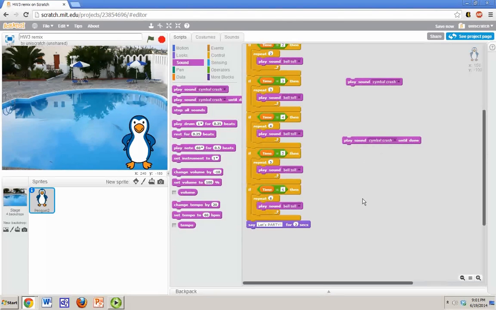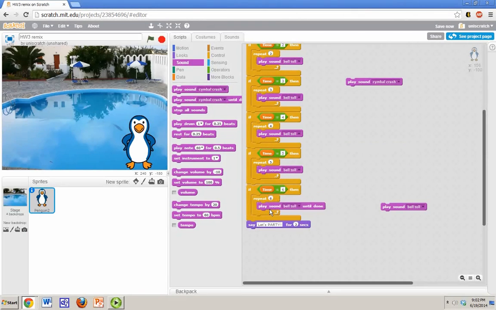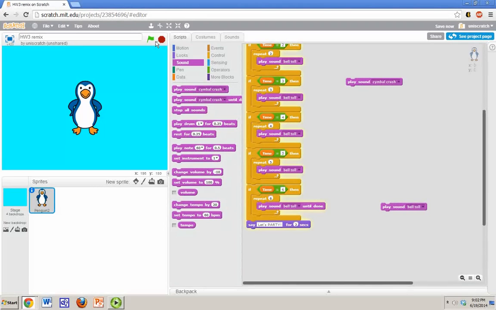What this one says is start the sound playing, but stay on this block until the sound is completely finished, and only then move on. And so I'm not even going to bother replacing all of these right now. I'm just going to do it in the 6. We're going to turn it to the bell toll. So play the bell toll 6 times, play the sound bell toll until done, and then it's going to replay it a 2nd time. And so now, if we play this,